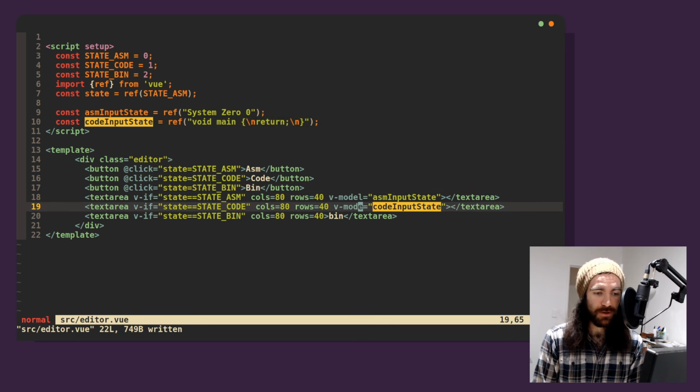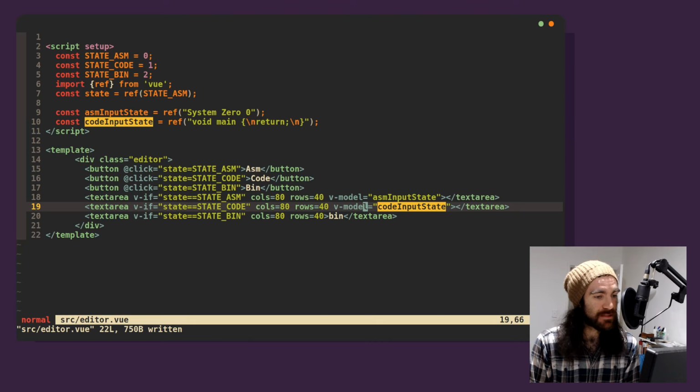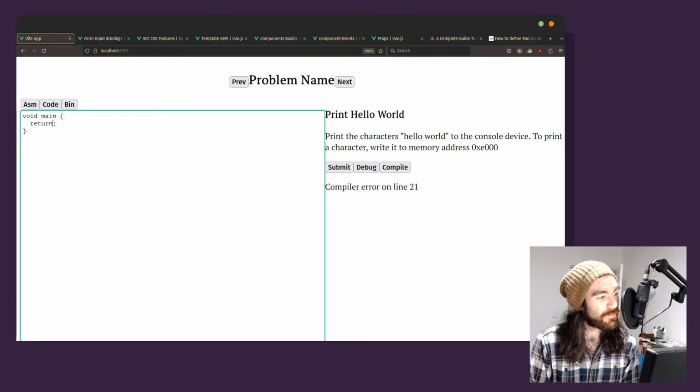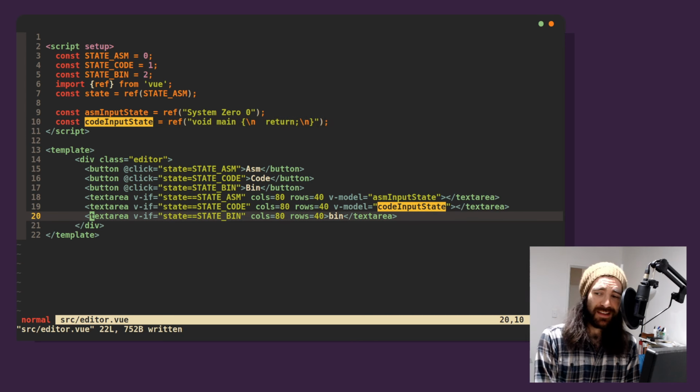Because it helps when you actually type the word correctly. The model. Cool. Nice, nice. We'll put 2 spaces here. So we have a code, we have some assembly, and then we have a binary that we can edit, but we shouldn't be able to. This should actually be maybe a